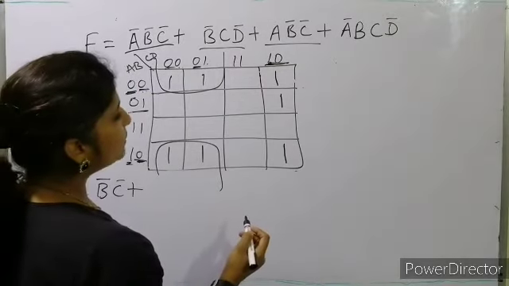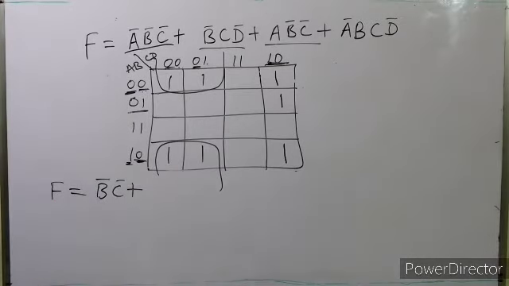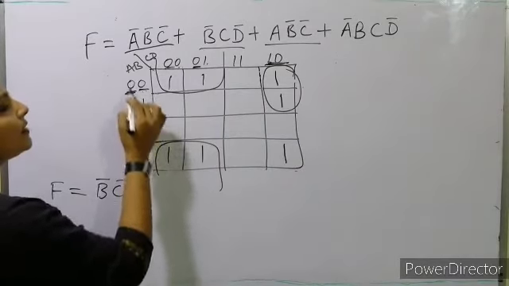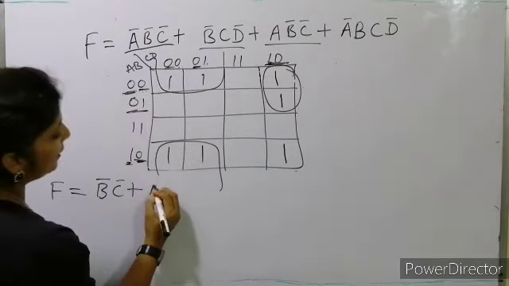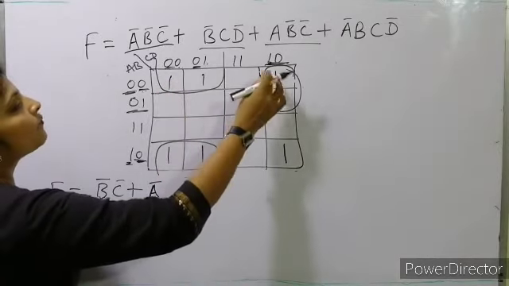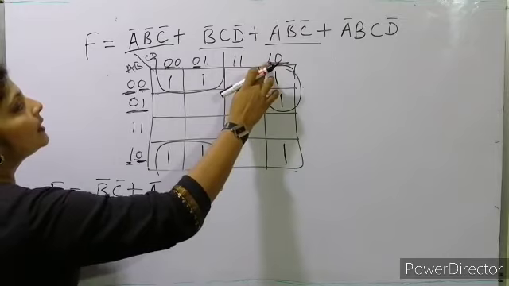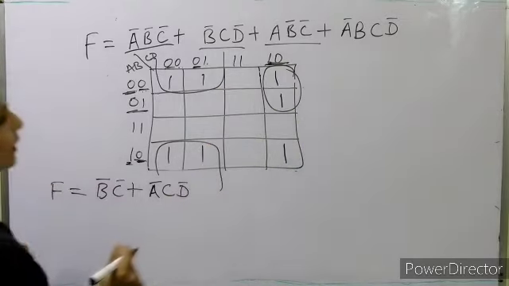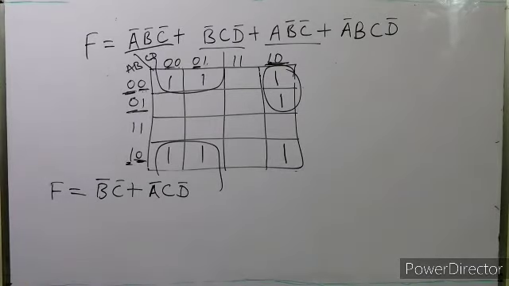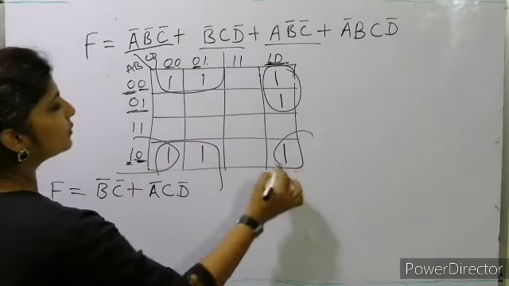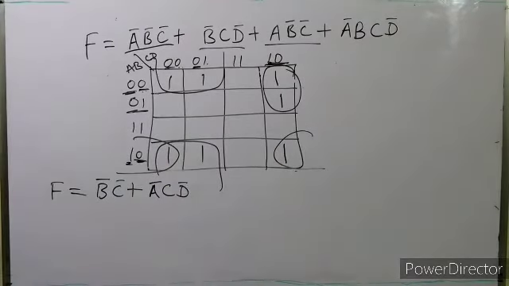Now one more thing we can do. These two we will take anyway, so a is common, 0 0, so we'll take a bar, and in these two what else is common? a bar and this c d bar is common. Now what else can we do? We can do one more thing, we'll take these two.